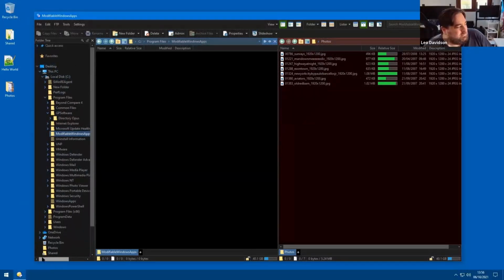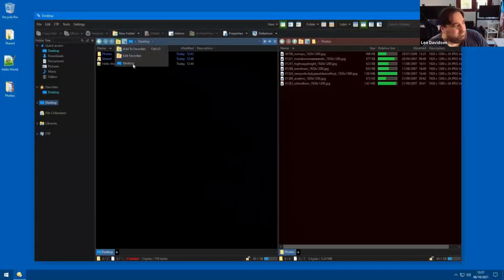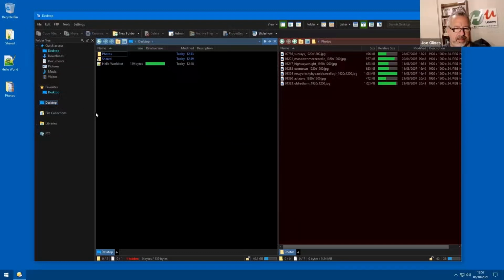I think their idea is that the tree is just the starting point, and you'd select somewhere and then drill down from there, but not want it to change. Yeah, that's something, because we've got a favorites menu here. I haven't added any favorites, but if I want to jump to a place, I think that's a lot more logical than making the tree for it. Agreed. I mean, we've seen